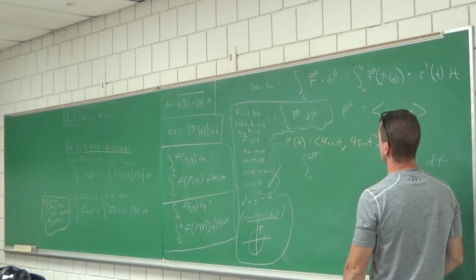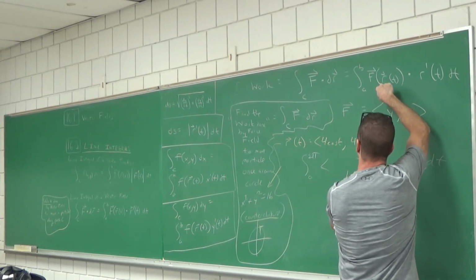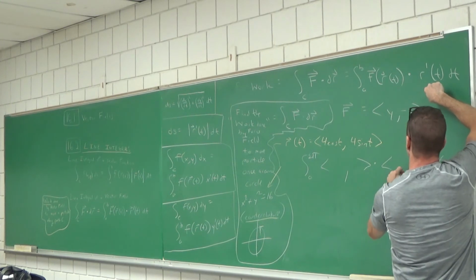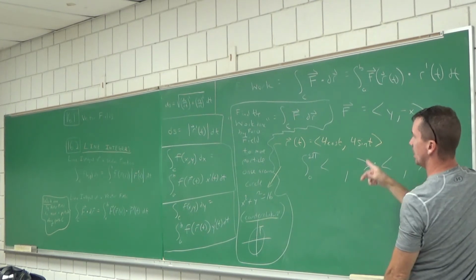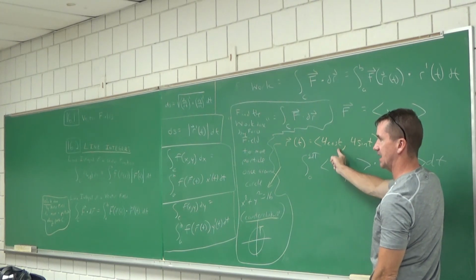All right, F composed with r of t, dot r prime of t. Well, let's do F composed with r of t. Y comma negative x. That's the y, that's the x. So we'll go